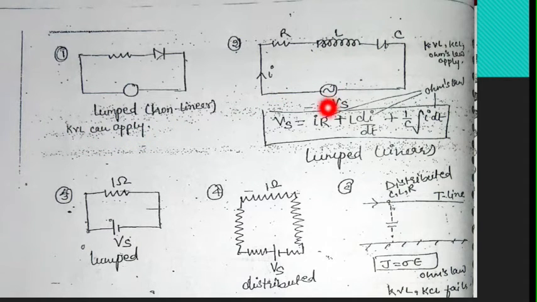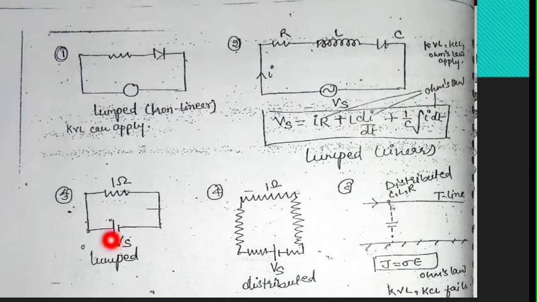So see here, this is another figure. A voltage source is connected to a resistance, inductance and capacitance. So here, because of the lumped nature, they are separated from each other, so KCL and KVL or Ohm's law can be applied here. Okay, so for total voltage, that amount of current I will flow here, so V equals I into R plus L di by dt plus 1 by C integration of I dt for the capacitor. Okay, so those are all Ohm's law, or this is the lumped network.